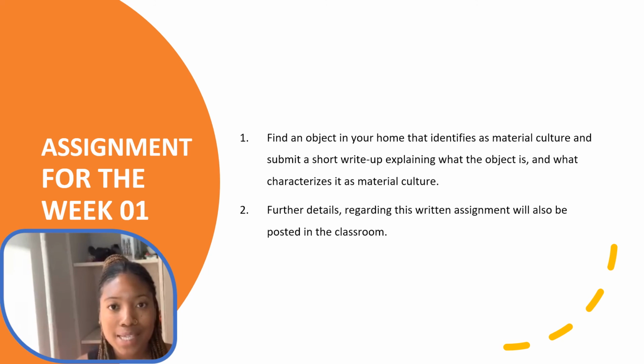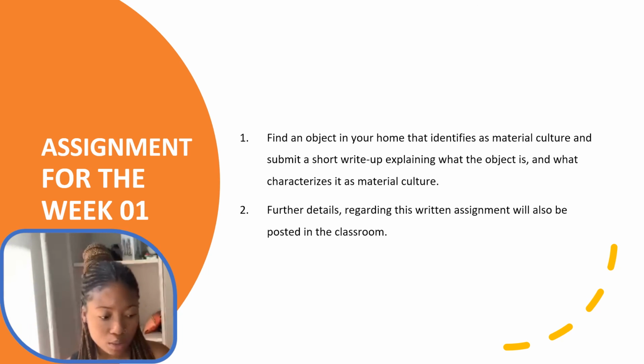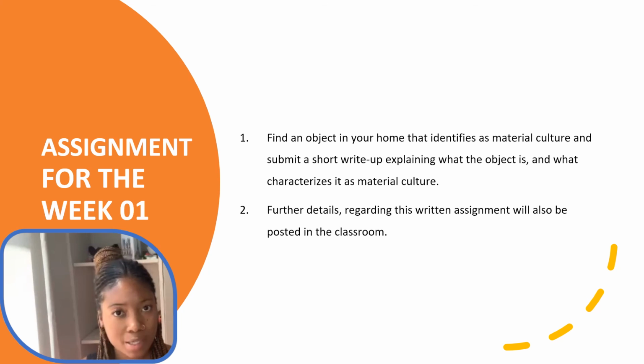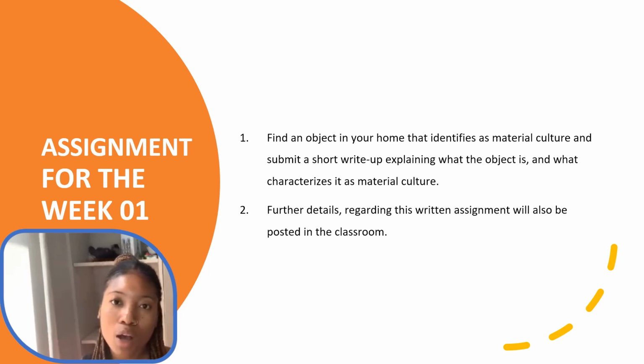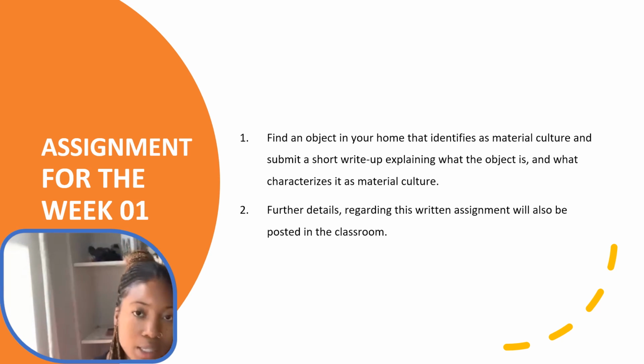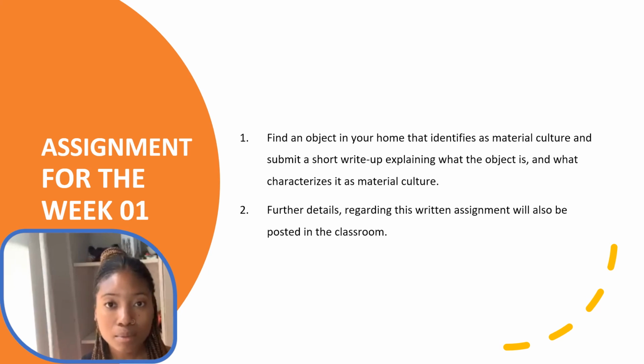Before we end off today's lesson, please note that there is an assignment that I would like you to complete. For this assignment, I'd like you to find an object in your space, or in any space that you will occupy over the next couple of days. I want you to take a picture of that object and tell me how you identify with that object and why you would consider it a part of material culture. This assignment must be done by the next lecture, and I just want you to explain what the object is and characterize the object and how it relates to material culture and your engagement with it. You can send me a picture of this object as well as a small paragraph stating